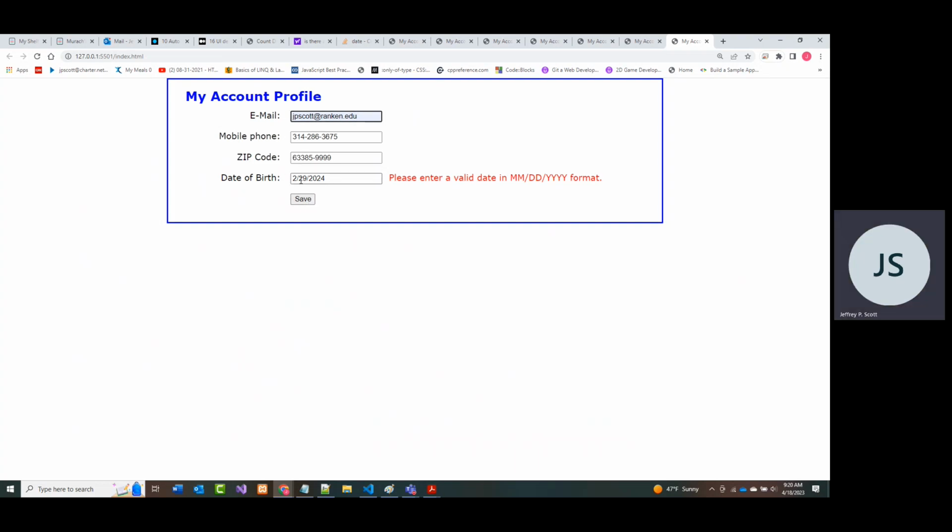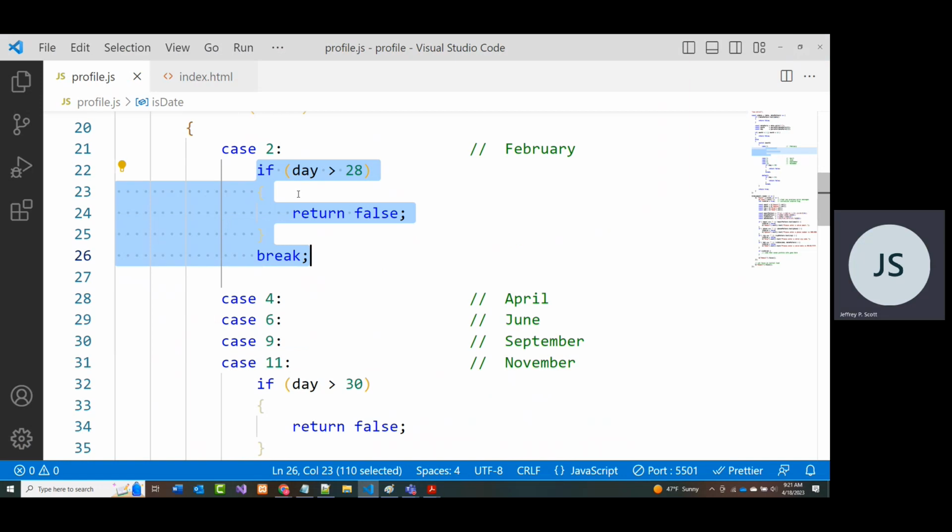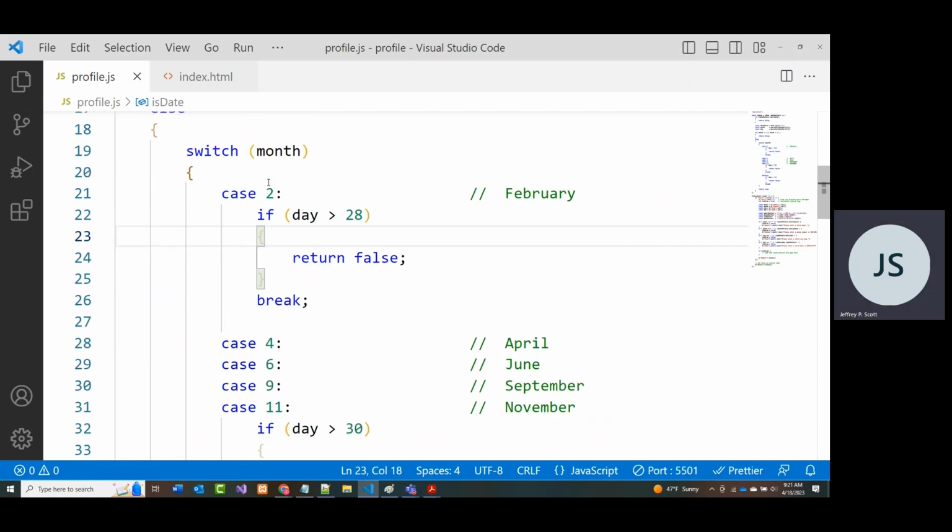That check does not appear to be working. What if we put in 28 just to be sure here? All right, so that check for leap year right now is not working. So all we're checking for, oh, we're not doing a leap year check. That's why. Okay. So if the day is greater than 28, we could come in and write some code to